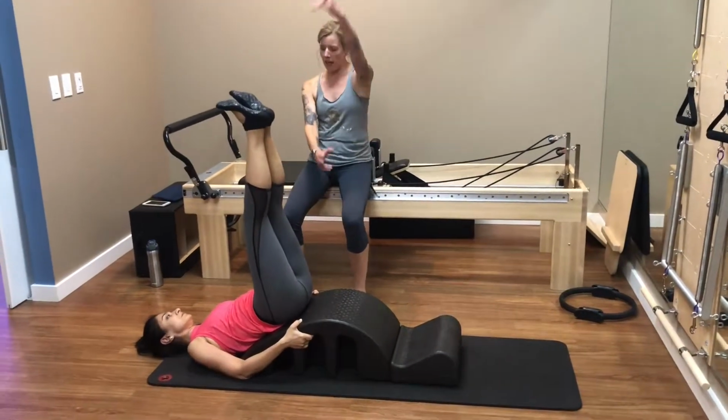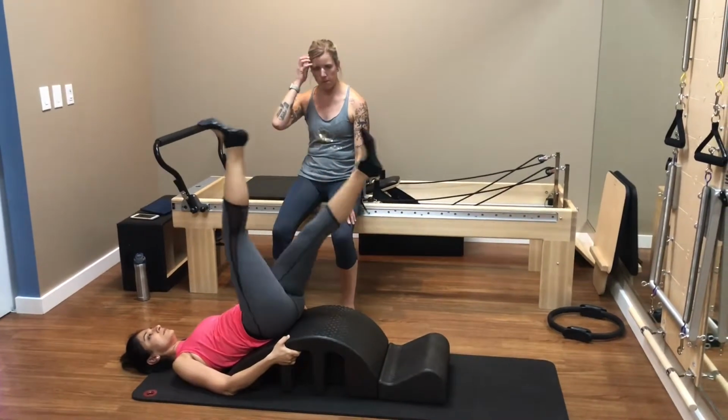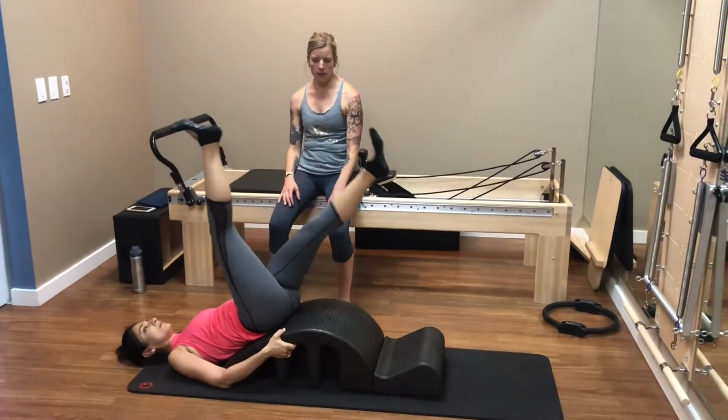Now we're going to pull one leg up, pull the other leg down for scissors. Pull, pull, switch. Pull, pull, switch. Good. 5, 6, 7,